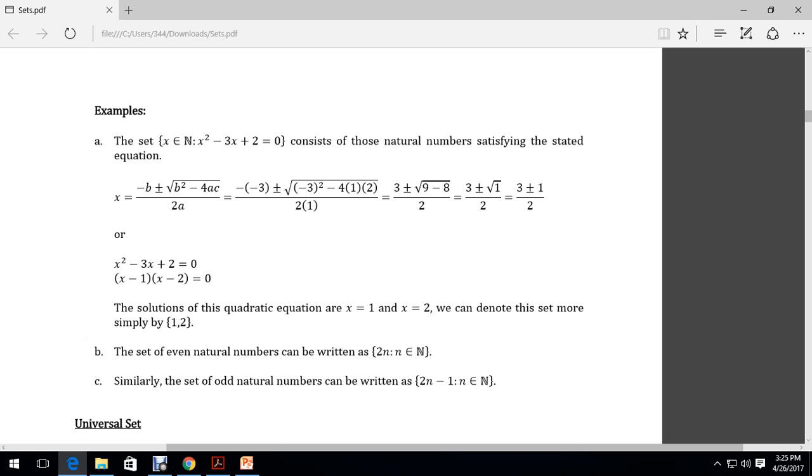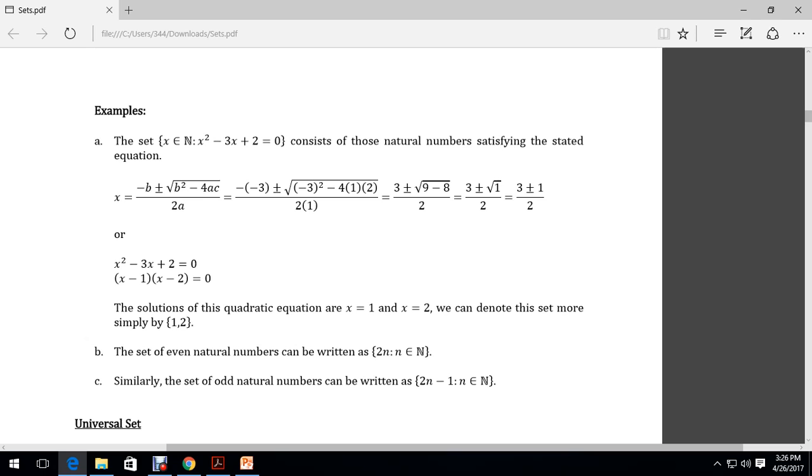Now, identifying those and plugging that in the solution to the quadratic equation, we arrive with this solution, and we have two possible answers, one coming from 3 plus 1 over 2, that would be 4 divided by 2, that gives us 2. And the other one is 3 minus 1 divided by 2, 3 minus 1 is 2, divided by 2, that gives us 1. Therefore, the solution for the quadratic equation is either x is equal to 1 or x is equal to 2. And we denote this in a given set by simply writing down the solution 1 and 2 in our curly brackets.